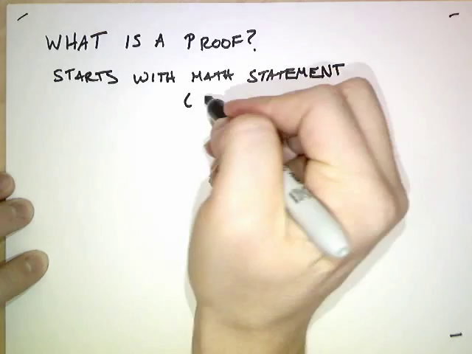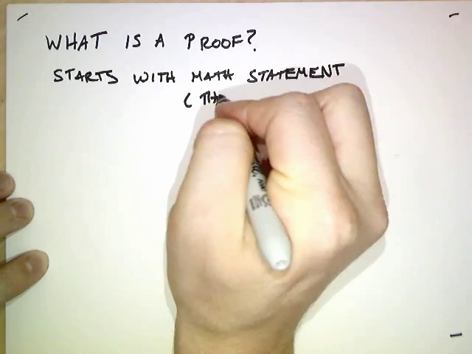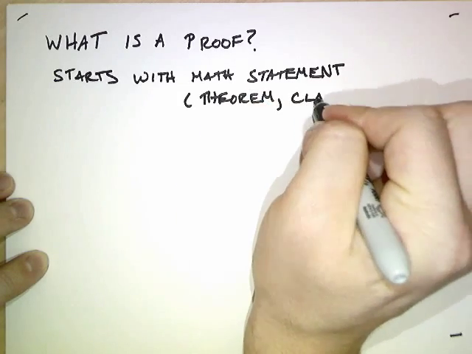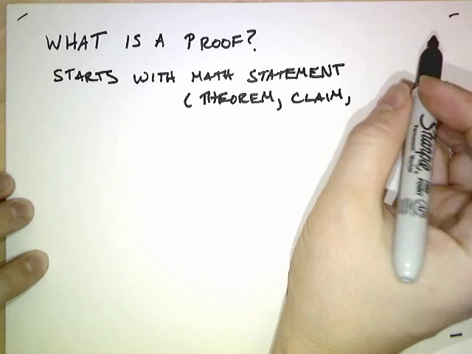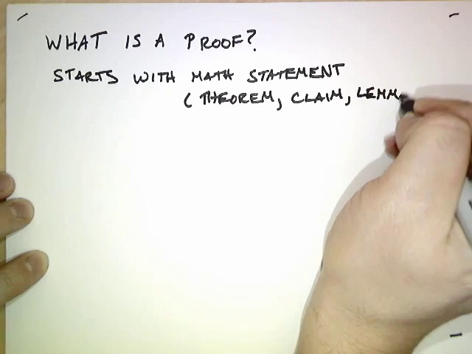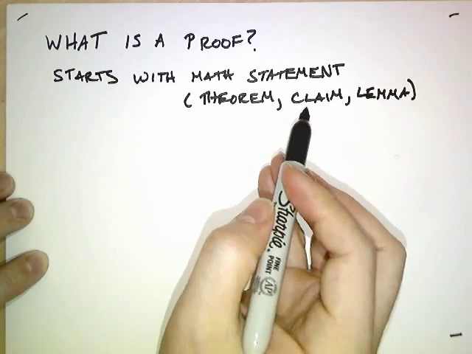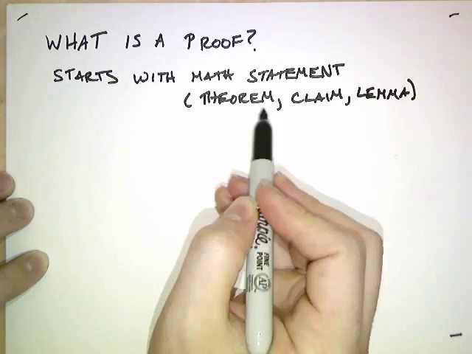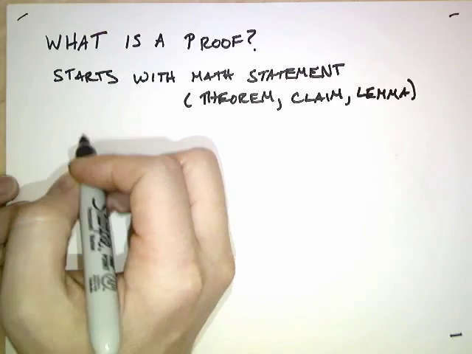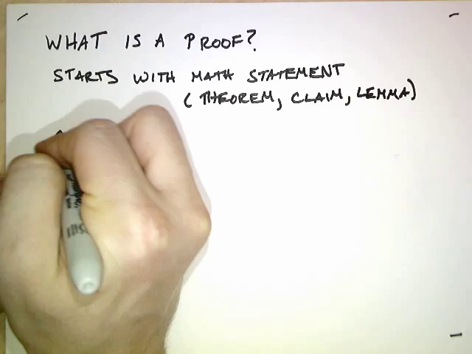Now, sometimes this is referred to as a theorem or a claim. Sometimes it's a lemma, which is usually a statement that you prove in order to help you prove a more important statement, like a theorem. So, for example, we could write the following. Our claim